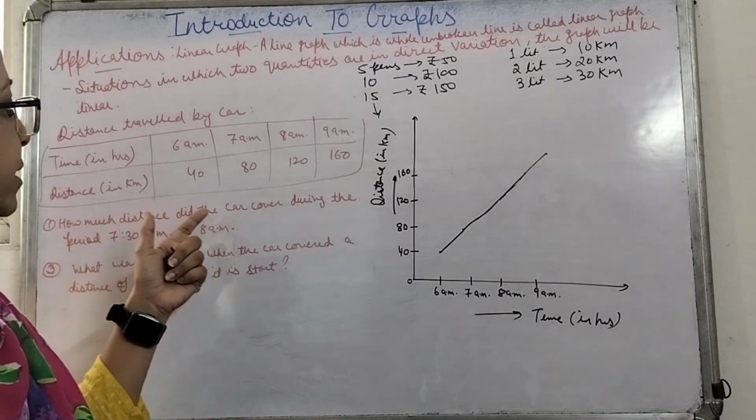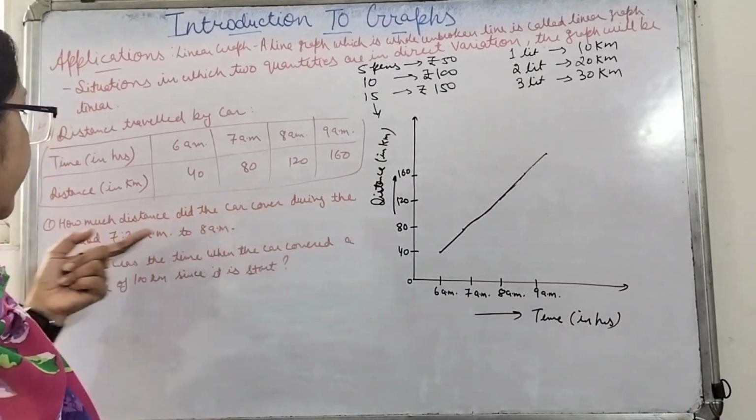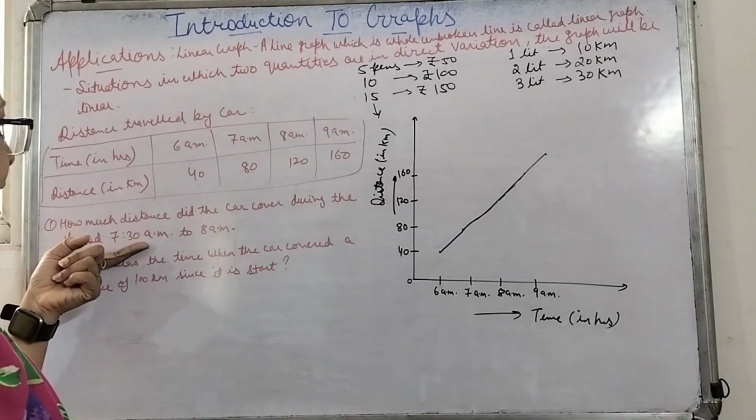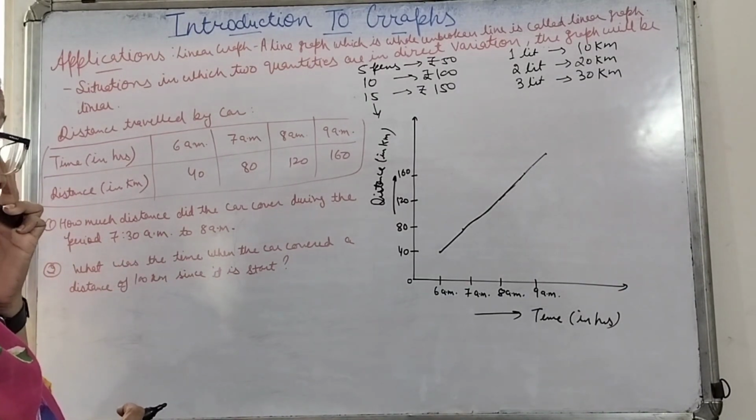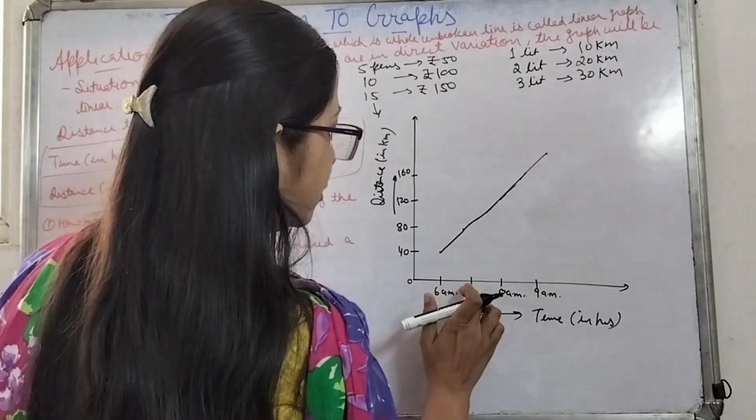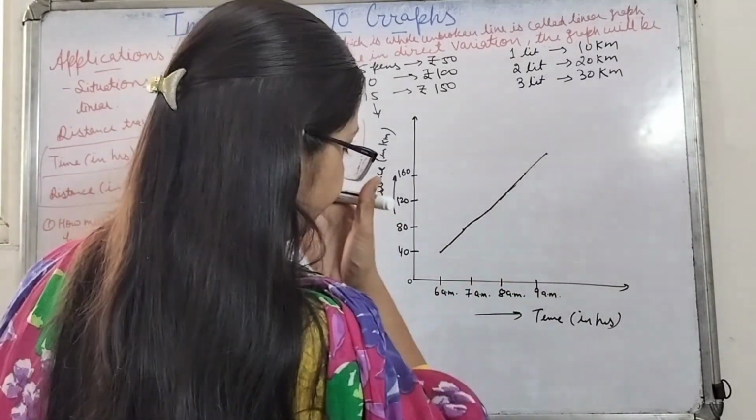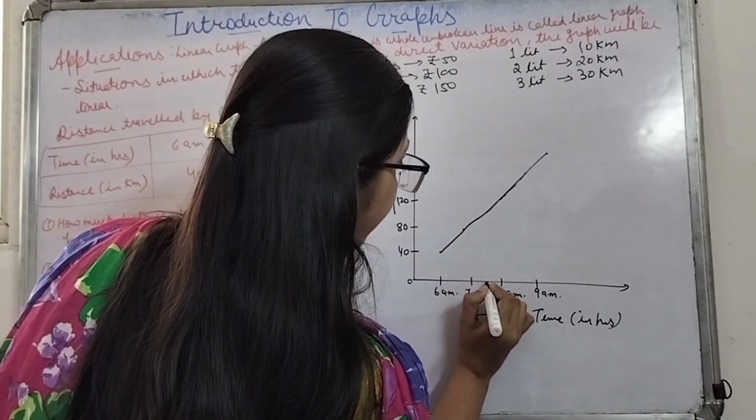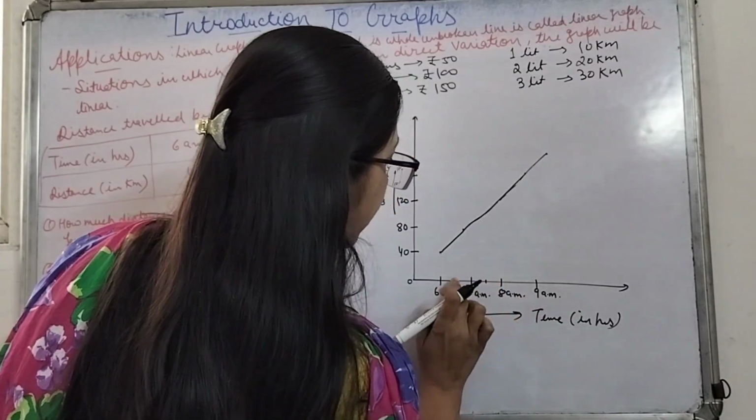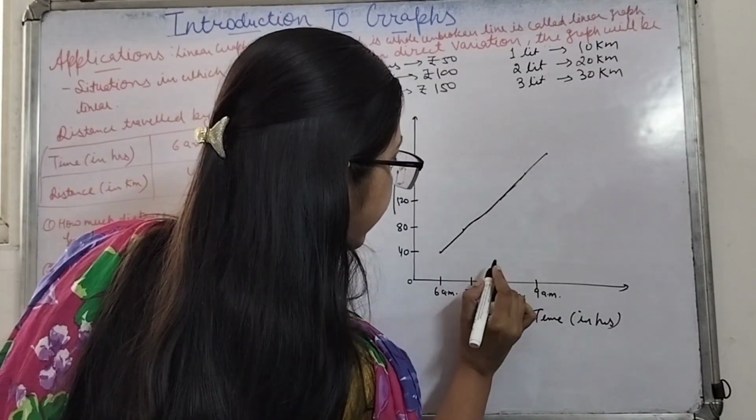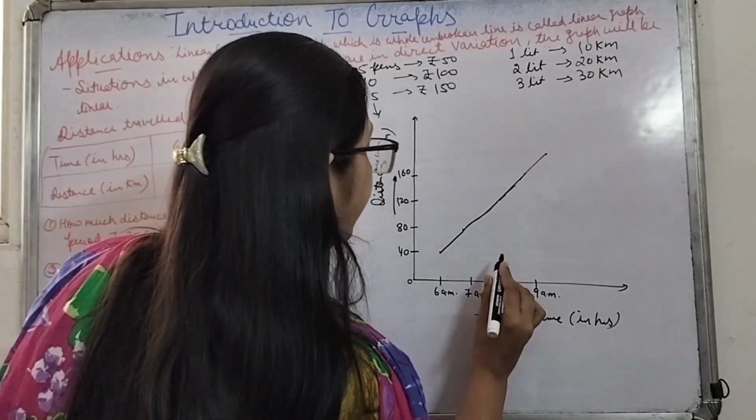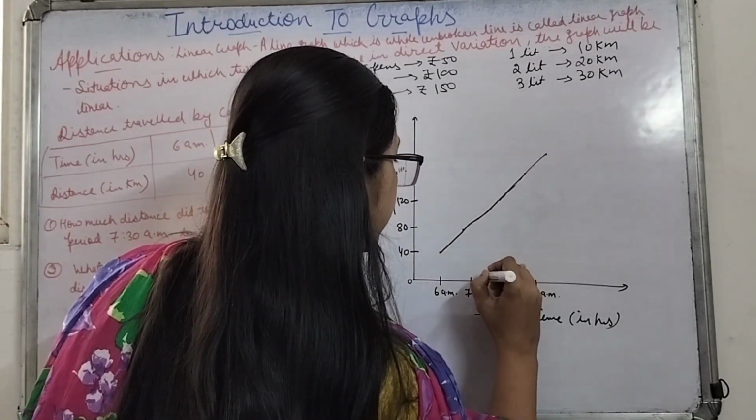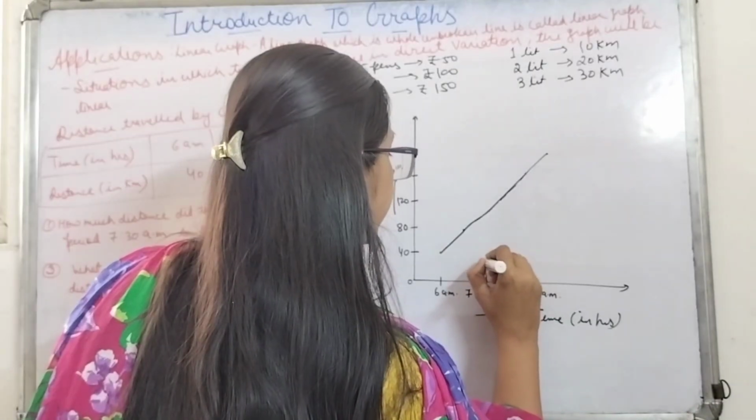How much distance did the car cover during the period 7:30 a.m. to 8 a.m.? The distance traveled we have to find. See, this is 7 a.m. and this is 8 a.m. So 7:30 a.m. will be in between these two, exactly in between 7 and 8 a.m. So when we move upward from 7:30 a.m. like this,